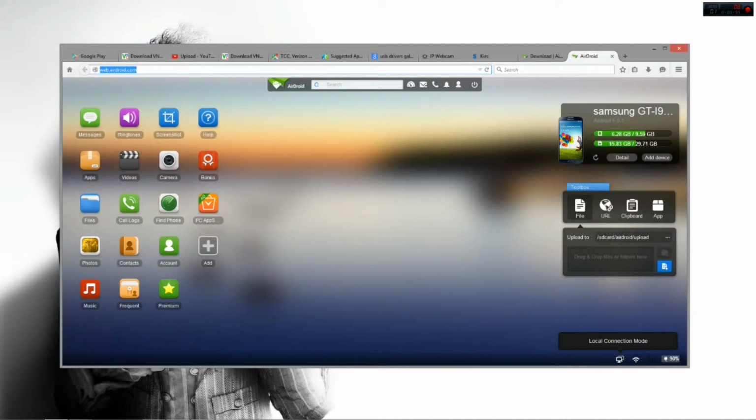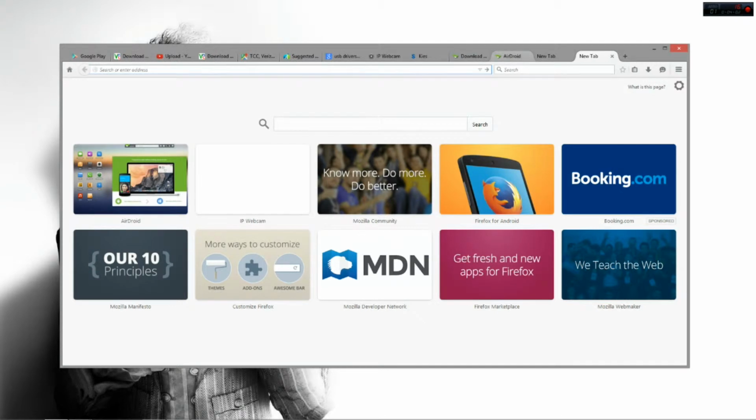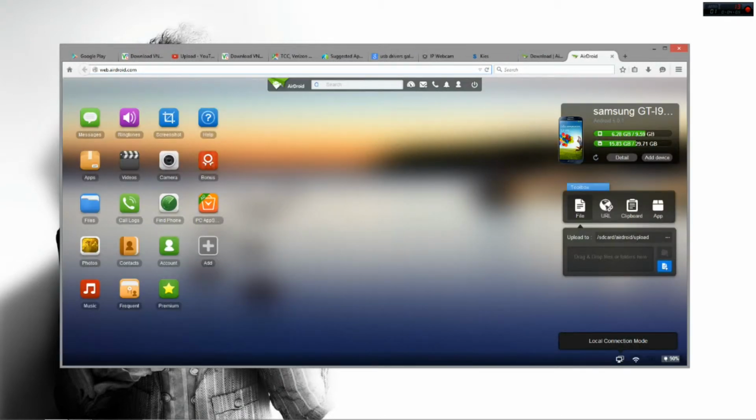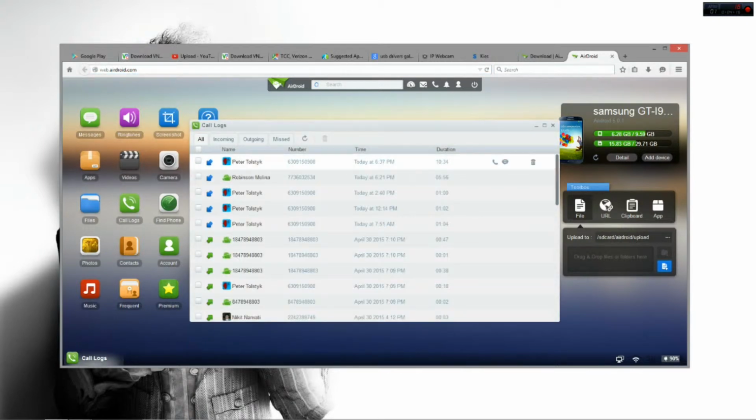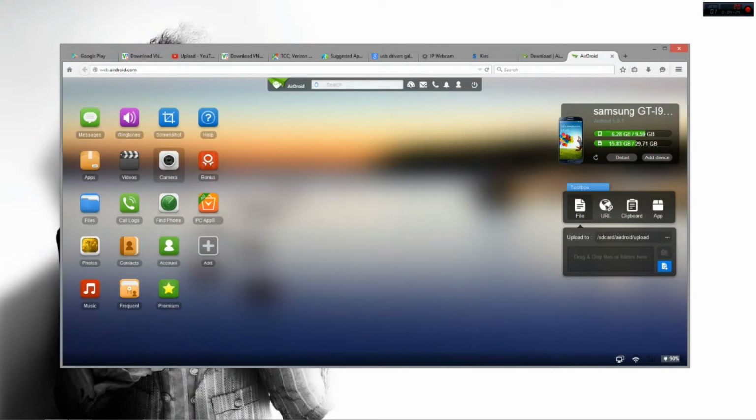And once you have that done, you can do a couple cool things on your device. This is great if you're constantly picking up your phone at your office. You could just leave this open on a second monitor, or have it open all the time and use it as your phone while you're at work. So you could bring up cool things like your call logs. You can see that my store manager called me to talk about something, and so you could actually just see those, as well as